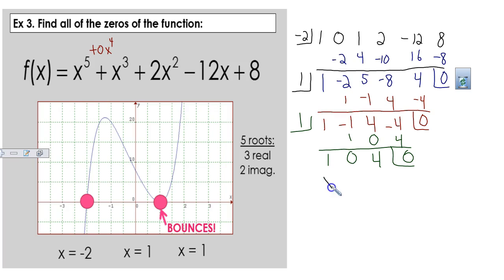So this is the same thing as 1x squared plus 0x plus 4, which we don't have to write the plus 0x equals 0. But once we get it to a quadratic, sometimes we want to use the quadratic formula, sometimes we want to factor. In this case, we're going to have complex roots, which means that often they won't factor. I mean, they're not going to factor if they're complex. But in this one, I'm seeing that the best method might be the square root method, to subtract 4 to the other side,